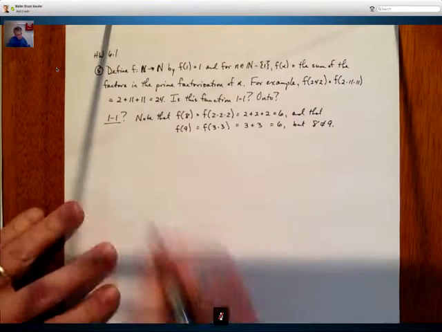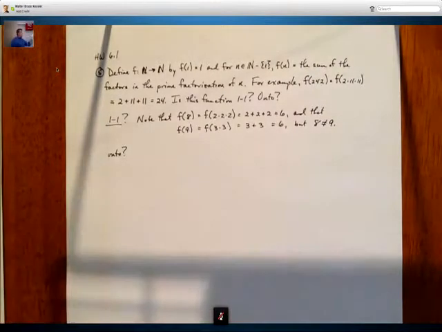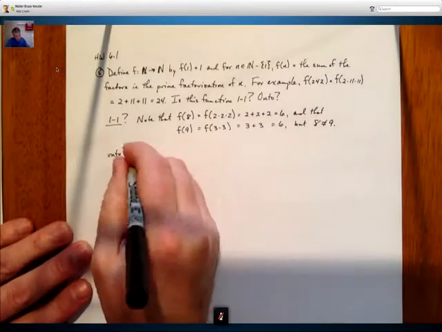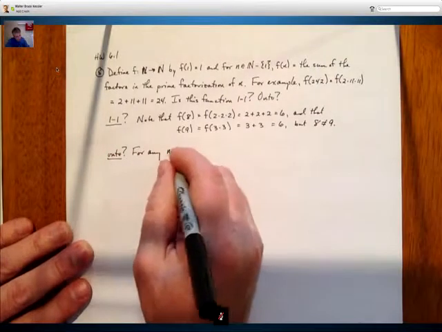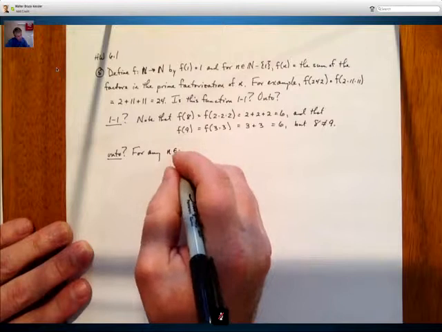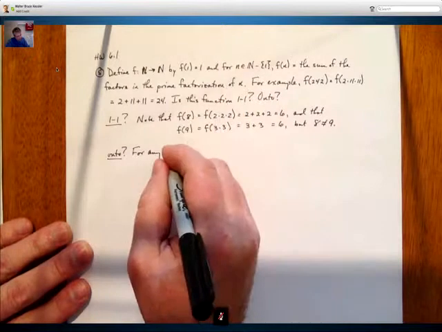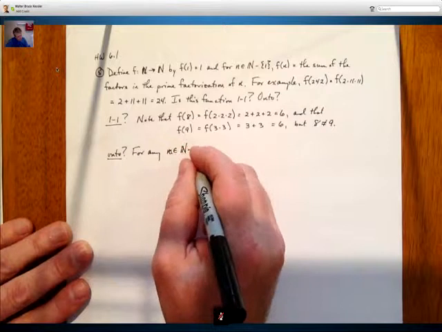Now let's tackle onto. Remember what we mean by this is, can I take any natural number over here and map it back to a number whose prime factorization, instead of multiplying, adds up to my number? For any n that's in, maybe I shouldn't use n because we used it up here. Let me use m. For any m that's in the natural numbers minus 1,